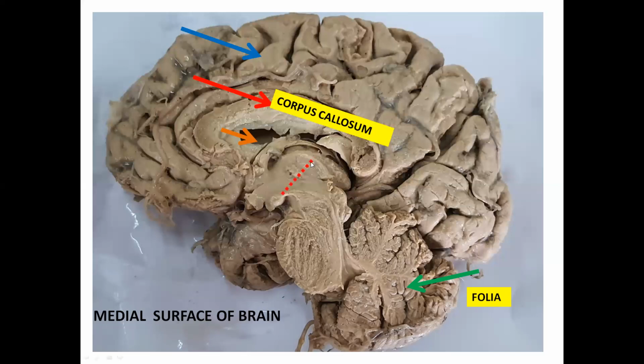The dotted line that you see here in this region, this is the area of diencephalon. The upper part is the thalamus. The posterior part of the thalamus will bear the medial and lateral geniculate body. That is the region of metathalamus. Here just this area will be the subthalamus. The area where you see the mammillary body, that's the hypothalamus. The cavity of the diencephalon is the third ventricle.